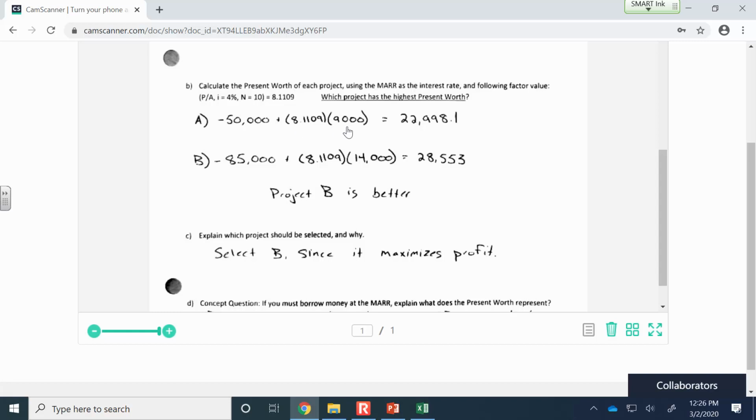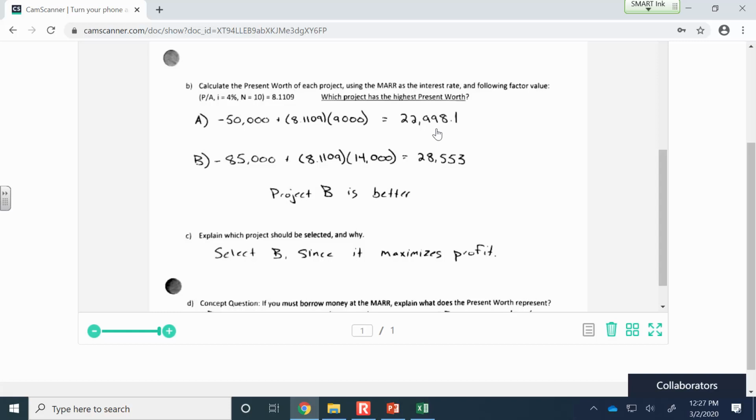And so it's $9,000 each year in revenue, and the factor here to convert an annual recurring revenue into a present worth, that's what that factor means, 8.1109. So if we combine those two things together, combining the original purchase price and the present worth of the revenues, then the present value of option A, when discounted at 4%, which is our MAR, it's